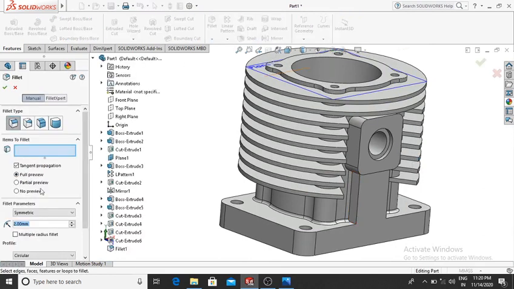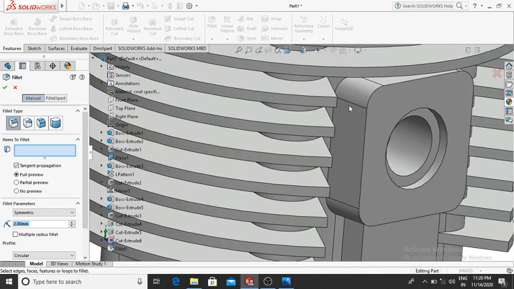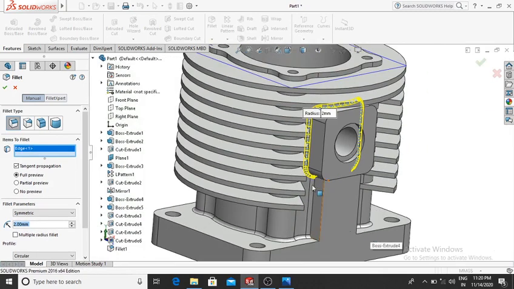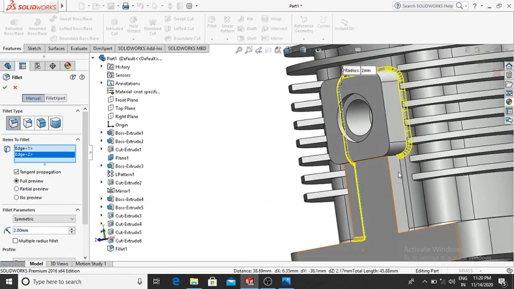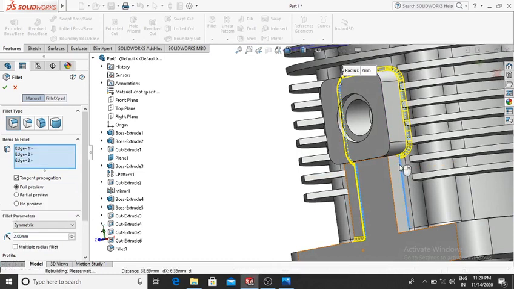Again go to the fillet and make the fillet. Select this one, again select this one.